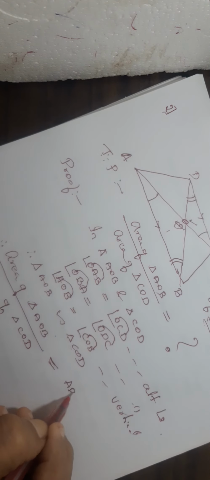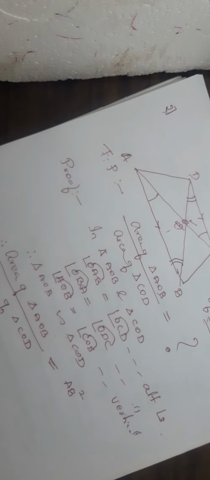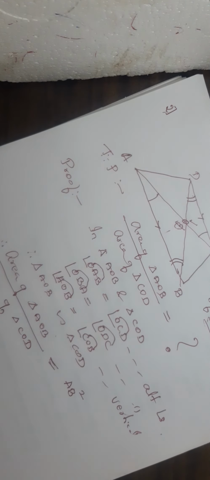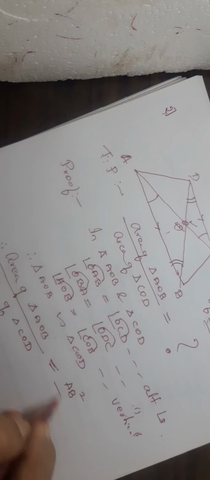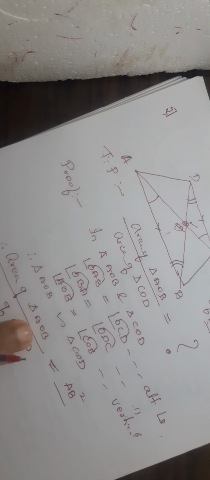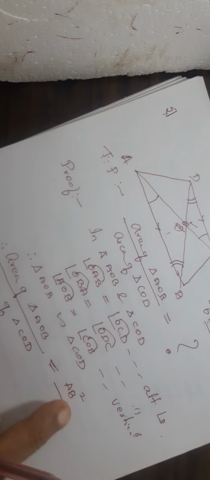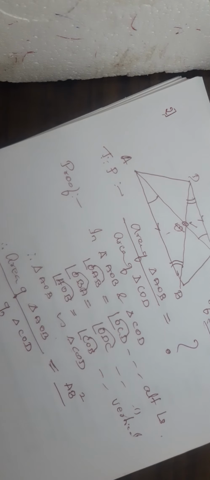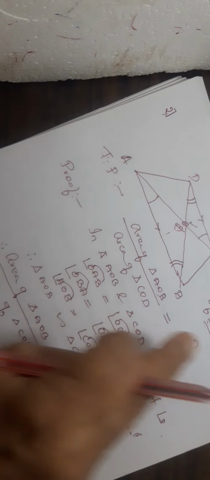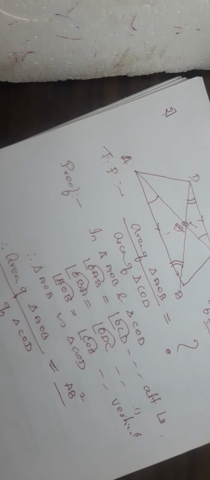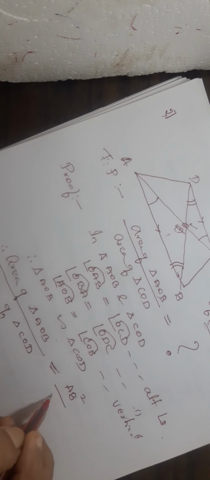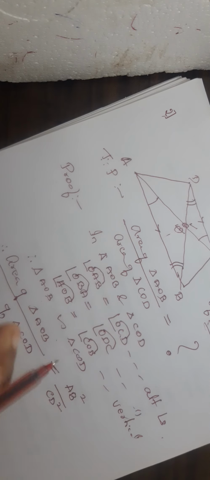So, AB squared, I will take any side, but because they have given us something here, I want to take AB and CD only. So, AB squared, I have written triangle AOB here, so its side only I have to take here. I won't take the other sides. Why? OA, OB, they are all similar, but I don't want to take that because I need something of AB and CD. They have given us that. So, AB squared by CD squared or DC squared, whatever it is. I am writing the formula like this.